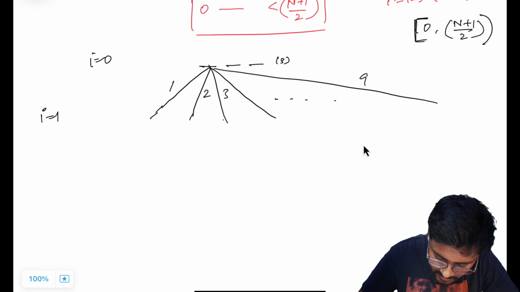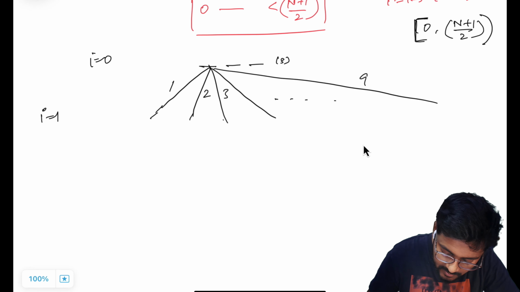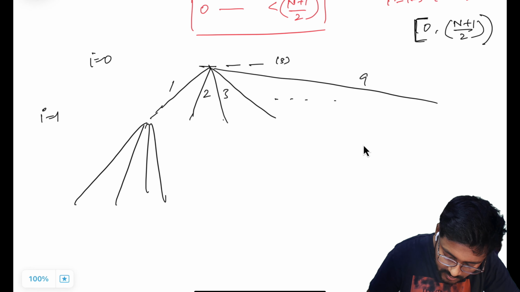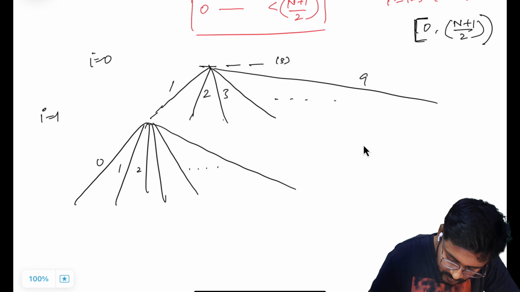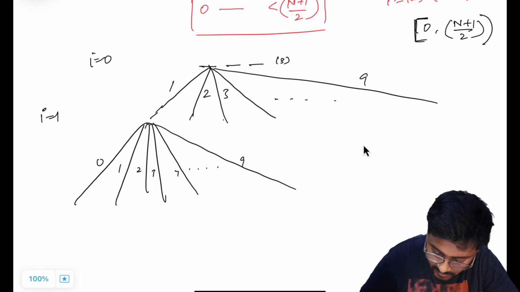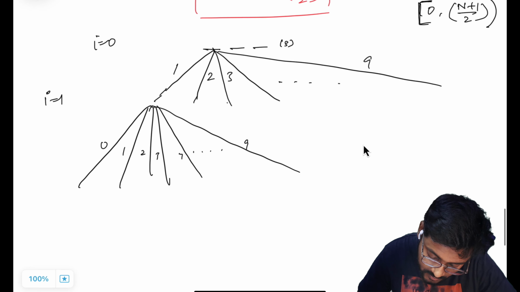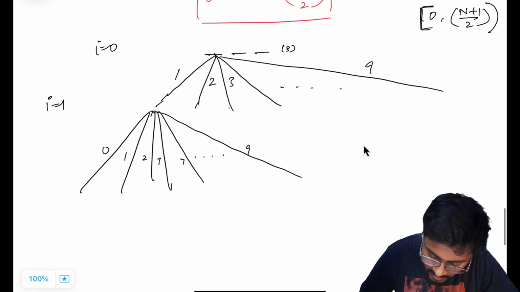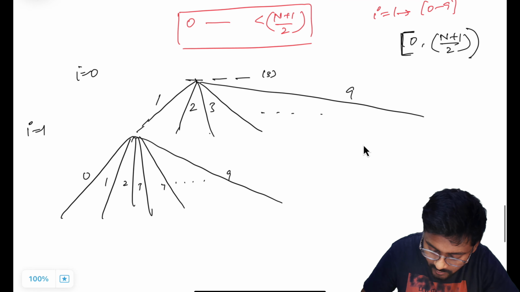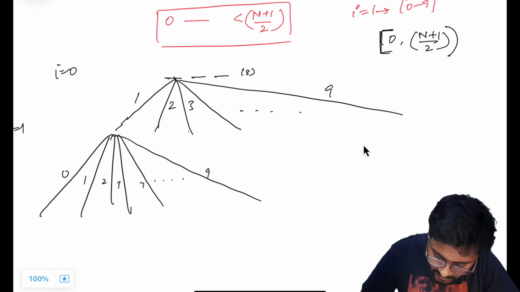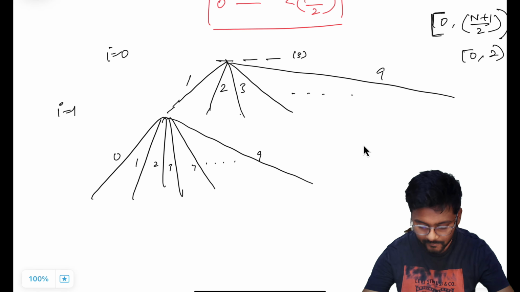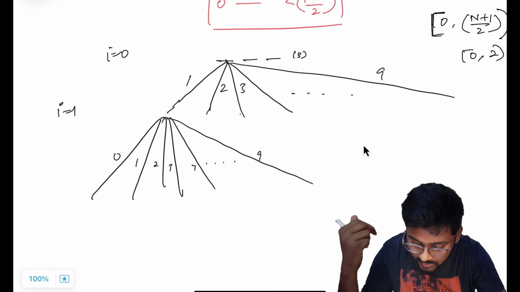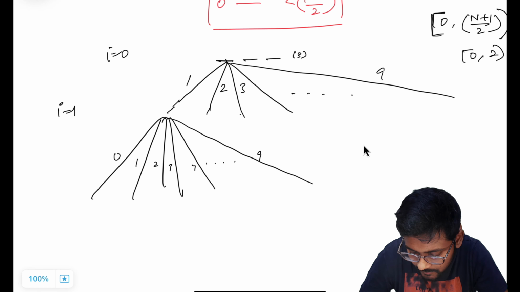After that, at index 1, I can pick anything. Anything means starting from 0, 1, 2, 3, 4, 5, 6, 7, 8, 9. So these many things I can pick. After that I can go further, because for n equal to 3, it will be (3 plus 1) by 2, that is 2. So 0 is inclusive, 2 is exclusive. So only go till 1. After that, when I'm going till 2, what I can do? I can just